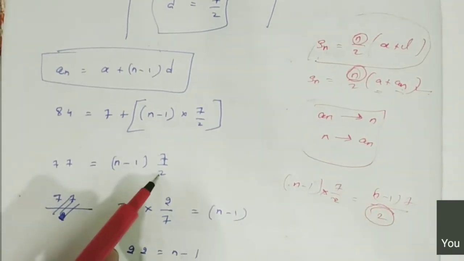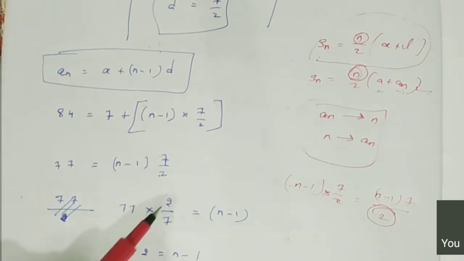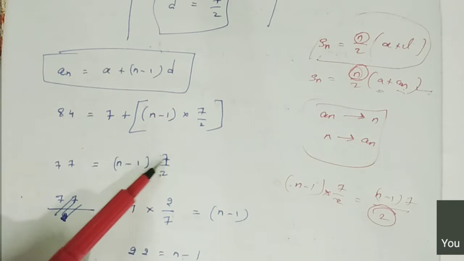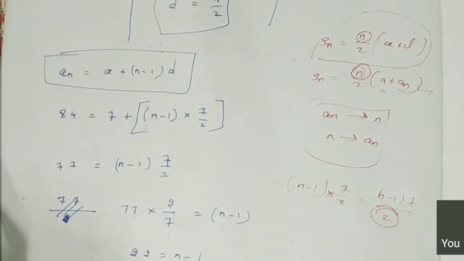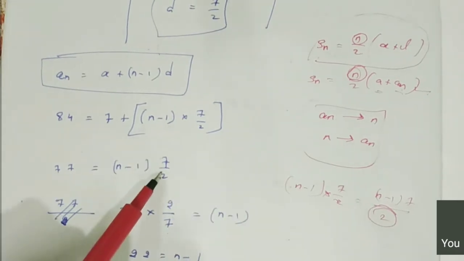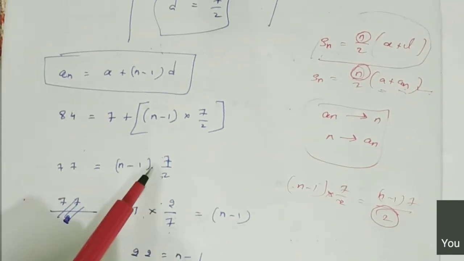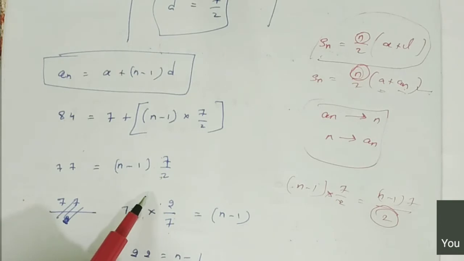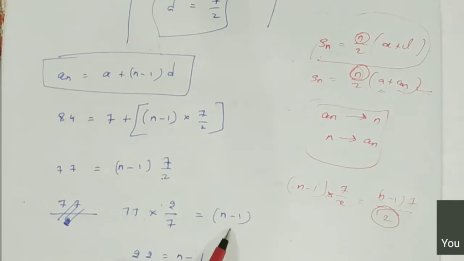So now the denominator is 2. So we transpose the division by 2 to this side, it becomes multiplication. So 77 into 2. Now the 7 is in multiplication, so it will come under the division. Are you clear? Actually, here is the denominator division. So crossing across the equal sign it becomes multiplication. So multiplication by 2. Reciprocal, so simply we can say that it is the reciprocal, right? So across the equal sign it becomes the reciprocal. That is 2 by 7 equal to n minus 1.